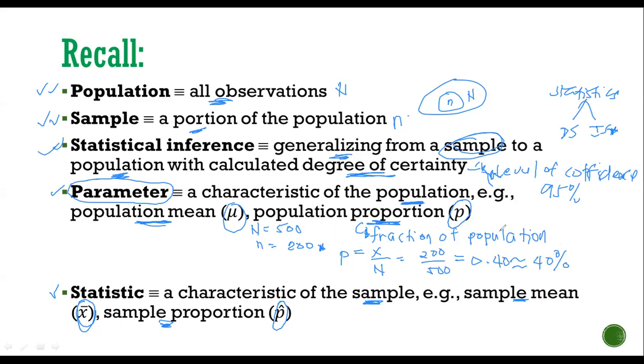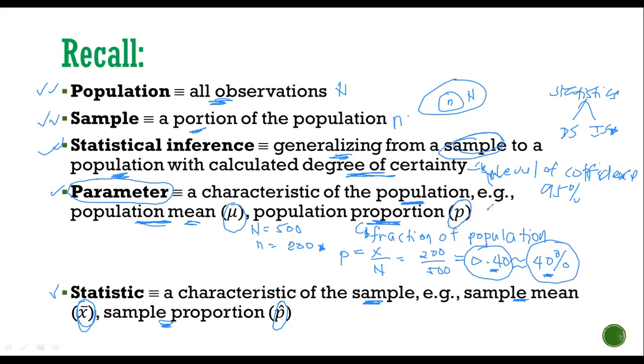So, i-distinguish natin. Paano kapag mean? Pag mean, yung plain numerical value lang yan. Kapag proportion yung given, you could either see a decimal value or a percentage value. So, ulitin ko, pag mean, any numerical value yan. Walang percent sign. Pag proportion, naka-decimal value yan or naka-percentage siya. Or meron yung nakasulat na 9 out of 10, 11 out of 15. Mga ganon. Proportion yun. Okay?